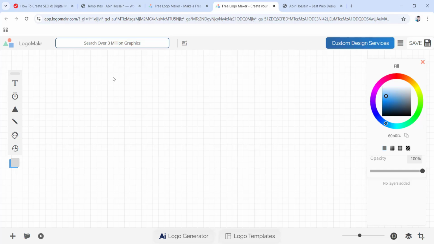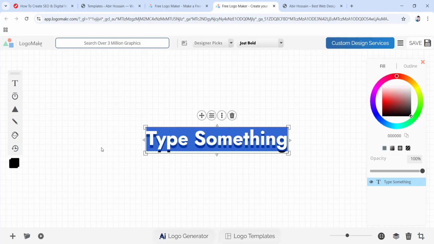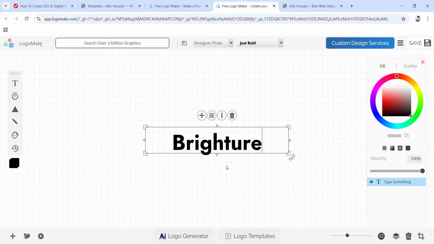So in this canvas, first I'm going to take this text widget. So here it is. Now here in this field, I'm going to write the name of our website. So here I've just written the name of our website. And then from this left side, you can also choose all of these widgets to make your logo or your favicon look more interesting. And you can also play with all of these colors. So you can change all these colors, and then you can change the color from here as well. So I'm going to make it black for now, but you can change the color to whatever color you like